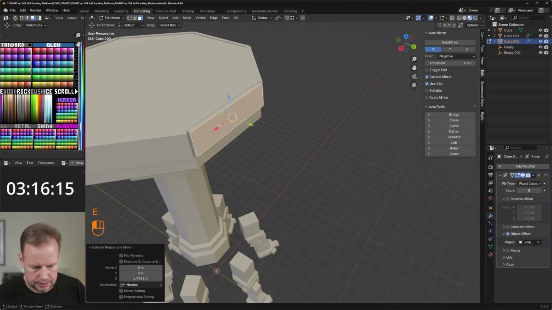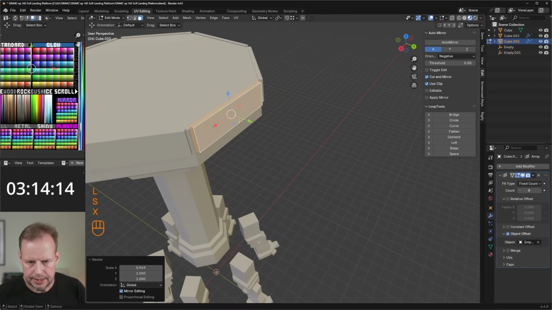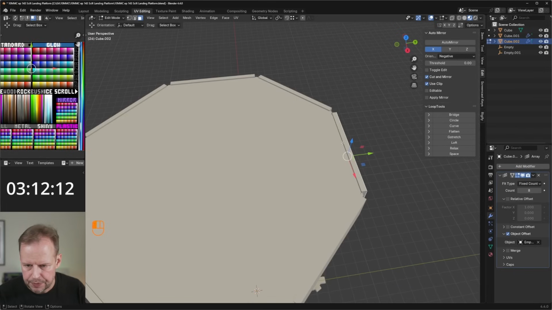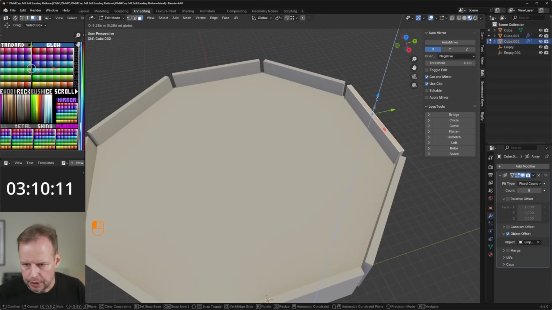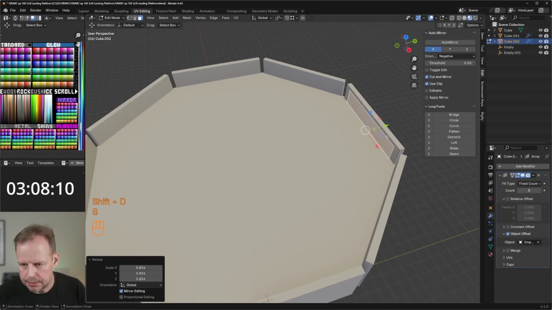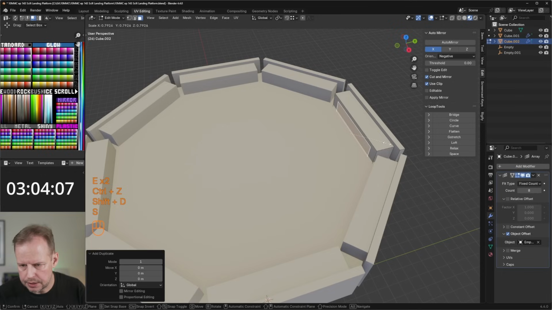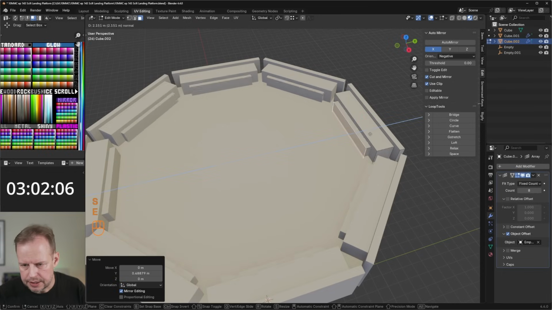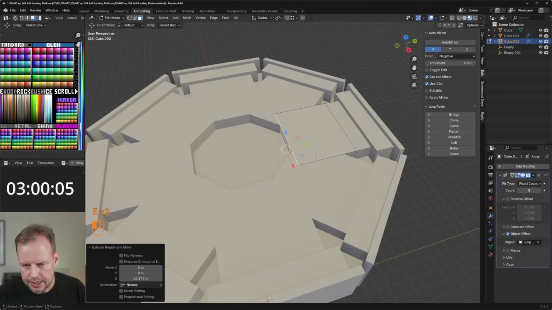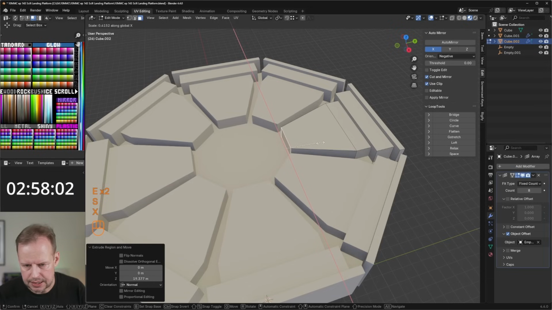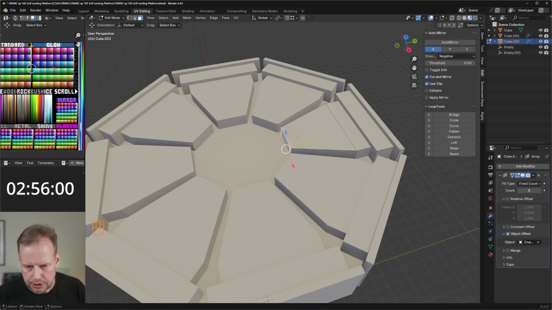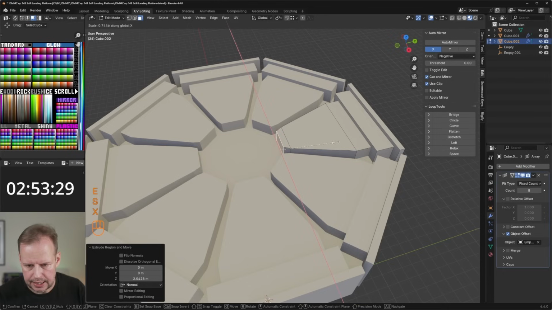E to extrude, I'll select the links, S to scale. And then here, let's put some details on here now. So bring this one up a little bit higher, Shift E to duplicate this one, E to extrude to there, and Shift E to duplicate this one, scale it down, move it into there, E to extrude, and then here, just S to scale on the X-axis, and here I'll just do E to extrude, scale on the X-axis, and